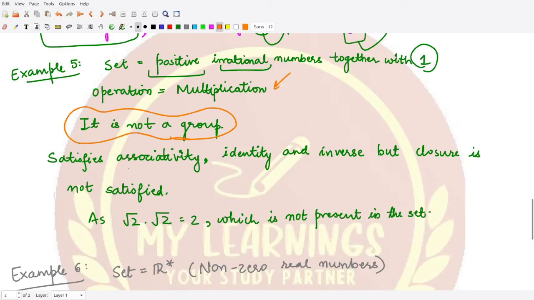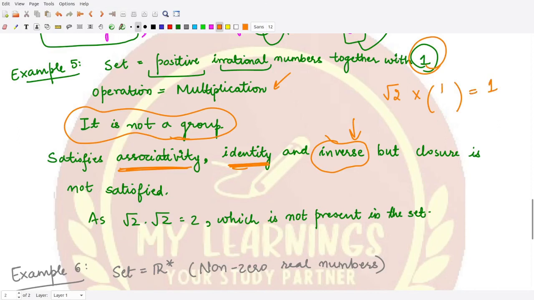Because this satisfies associativity. It also has the identity, which is nothing but 1. But the inverse is also there for every element, but the closure is not satisfied. Why is the inverse there? Because square root 2 is a positive irrational number. If you take its